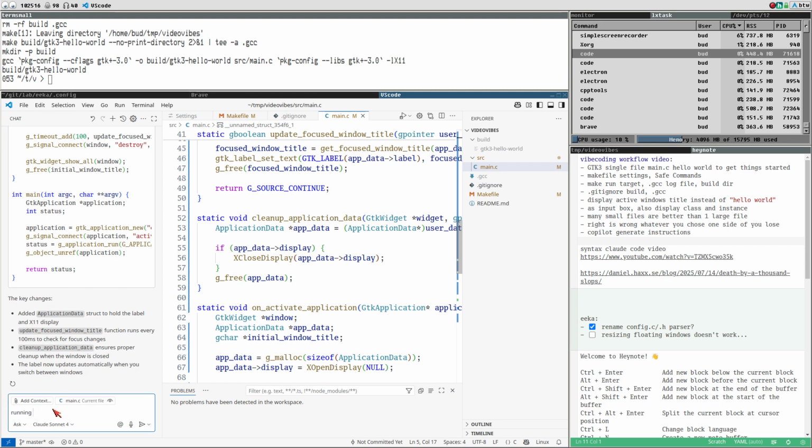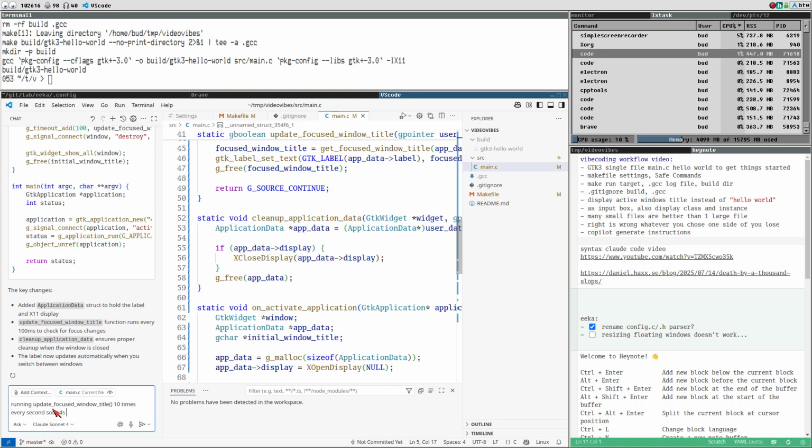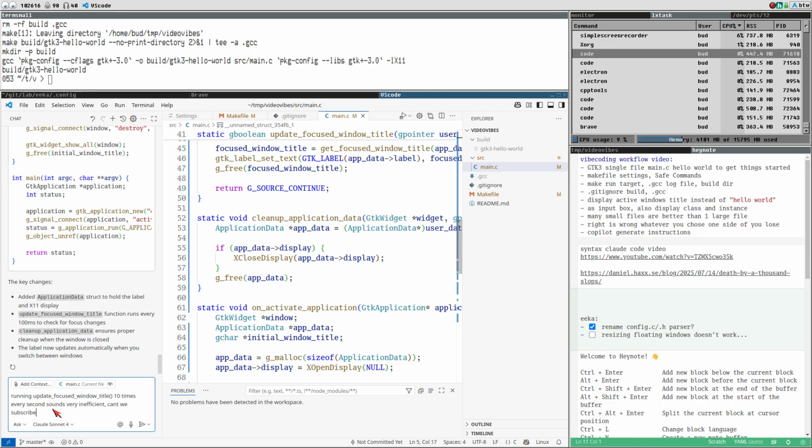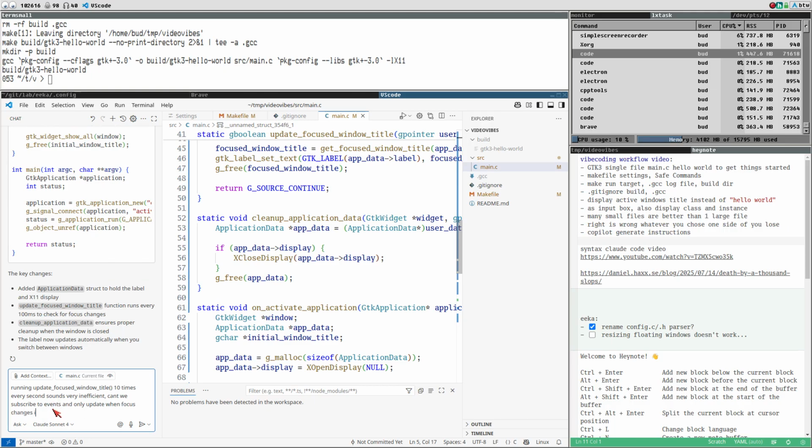Running update focused window title every 10 times every second sounds very inefficient. Can't we subscribe to events and only update when focus changes instead? And here you see,